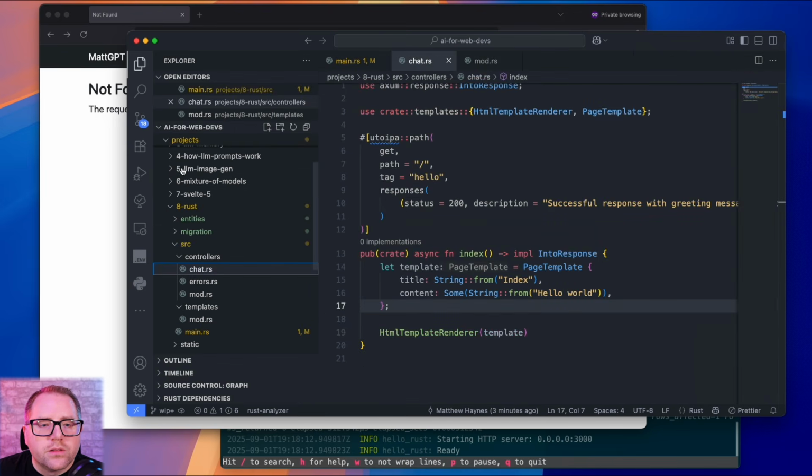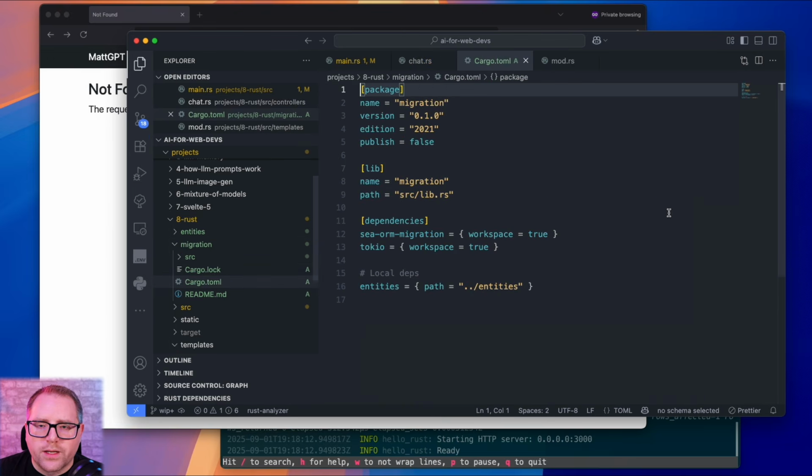Let's take a look here at our new workspace crates. Before, we just had our one source directory, and that was for our one project crate. Now we have migrations and entities. If we pop into the migrations crate, which again is going to set up our database, we can see here we're going to depend on SeaORM and Tokio.